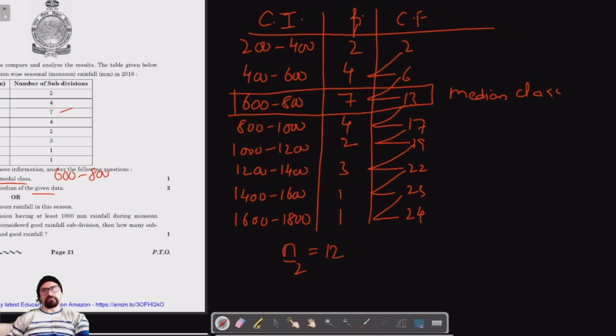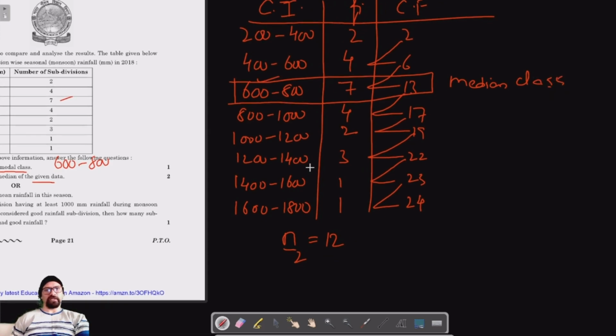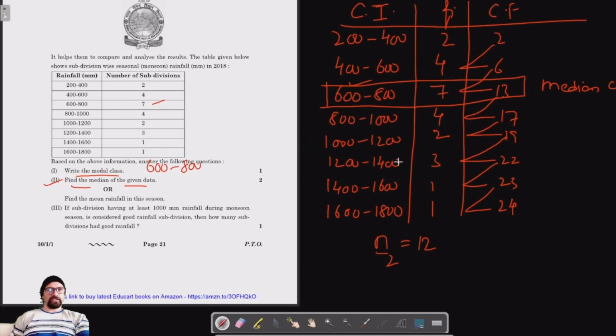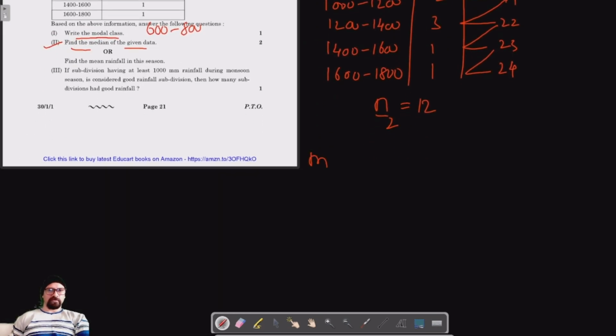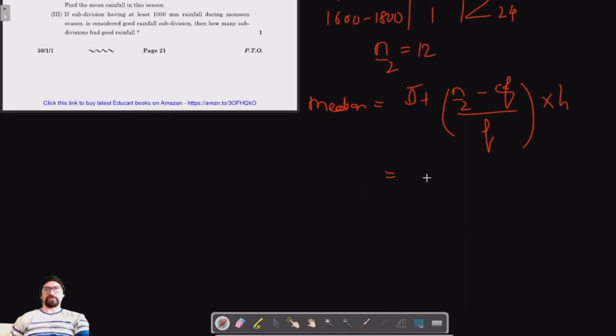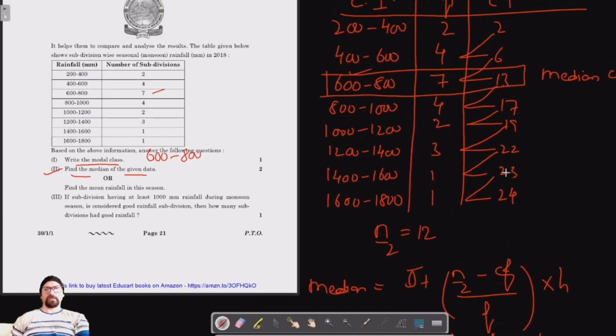That is, our answer should lie between 600 and 800 for the median. And we know that the formula of median is L plus n by 2 minus cumulative frequency upon f into h. So L is the lower limit of the median class, which is 600, n by 2 is 12, and the